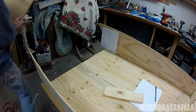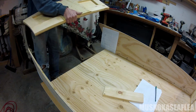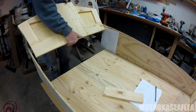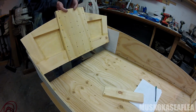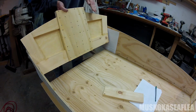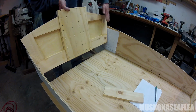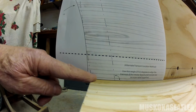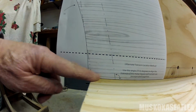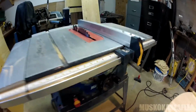All right, I flipped the boat back over, and now I'm going to do a test fit of my transom here. So, just to recap, this transom is going to be angled back at 77.5 degrees. That way, I don't have to have a separate motor board that's on an angle. The whole transom is going to be angled back. So what I need to do is bevel off the bottom edge of the transom at that 77.5 degree angle. So on my table saw,